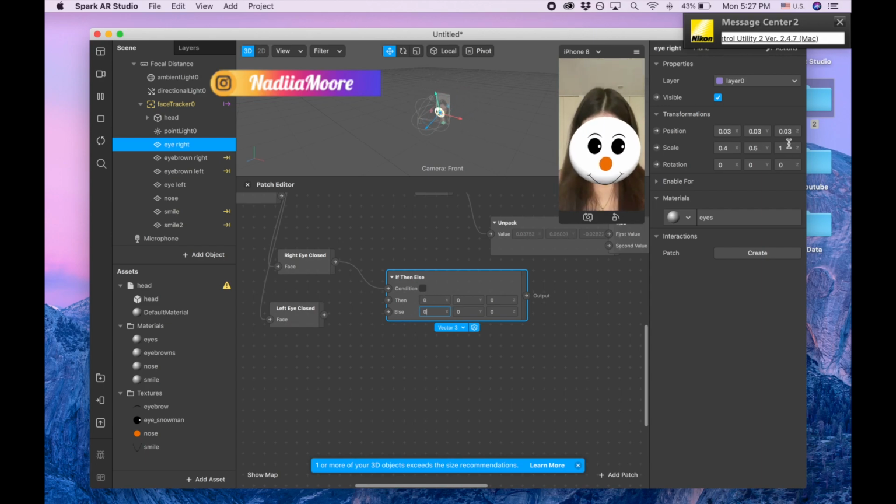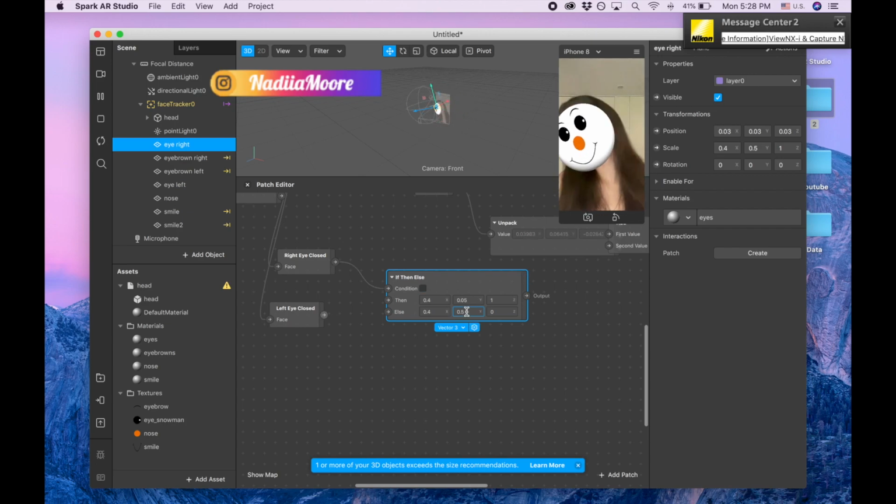So we need to change this scale settings, and basically we're gonna change it to 0.4. So we're gonna keep the same for the X, but we're gonna change the Y value, and it's gonna be 0.05, and Z stayed the same. But if our eye is open, this value stays the same. So 0.4,